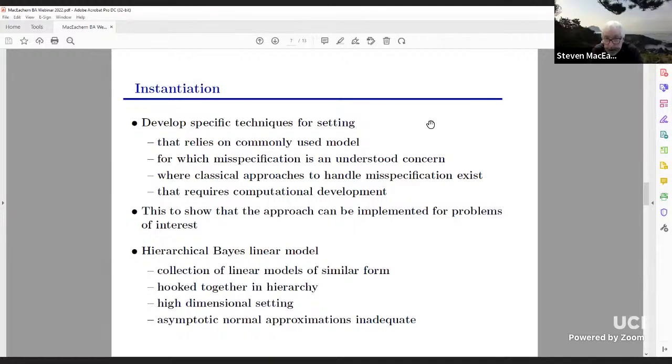Just so that people would see you can do this in realistic kinds of situations. The goal is just to show that this is not just a thought experiment, and it's not just a philosophy, but you can really do this in practice. And we settled on working with a hierarchical Bayesian linear model, a collection of linear models that have parallel forms, one to another, all hooked together in a hierarchy. When you hook them together in a hierarchy, you have enough different parallel problems that it becomes a fairly high dimensional setting. And also a setting where